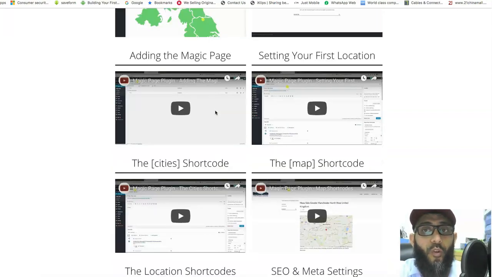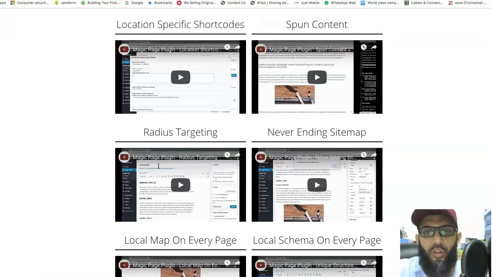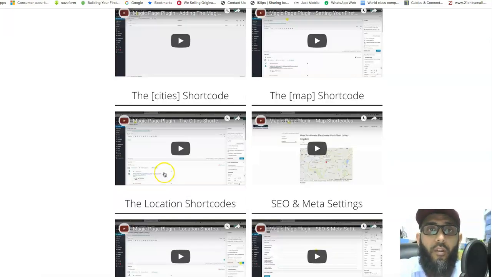When I told you you're going to target 100 locations, 500 locations, 1000 locations, this is what is called shortcodes. This is how we put cities within the name, so it will choose all the cities, and each and every website will have the name of that city. I'll show you. Anyway, I just want to tell you, you don't need to bother if you don't know how to put everything together, they have very good training over here.